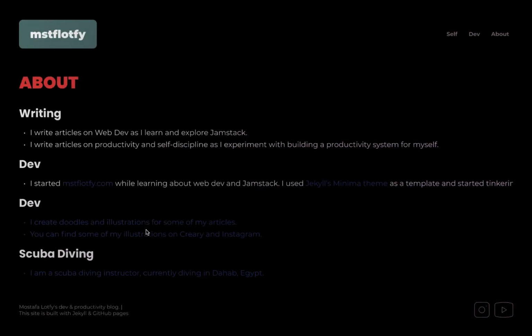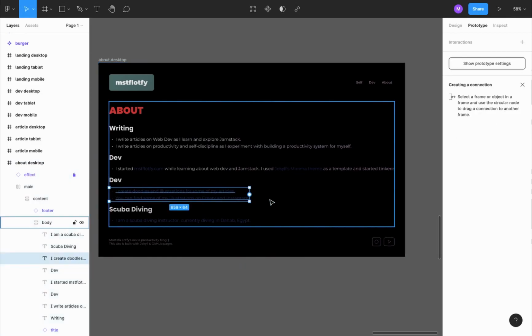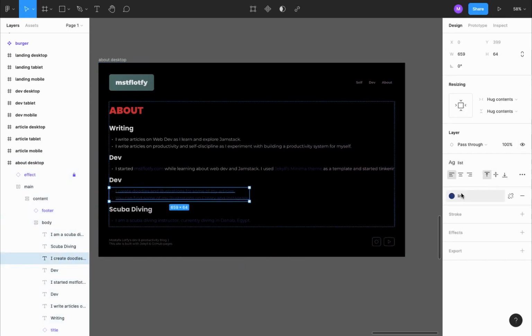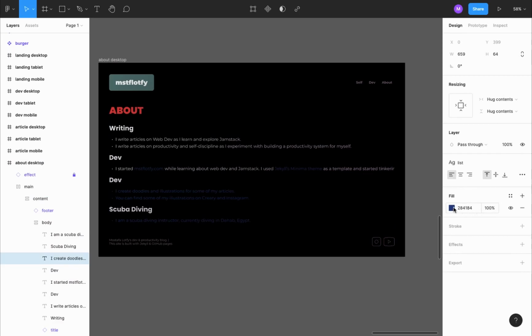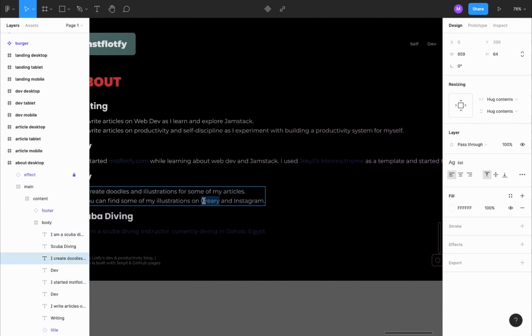and then set the device to none, and then select the about desktop and present it, and let's have a look at it. Okay, this looks fine, but for some reason this has a link color. So let's select it, get back to design by pressing Shift E, and detach the instance and change the color to white. If you want to, like this, these are supposed to be links, so you can give them individually